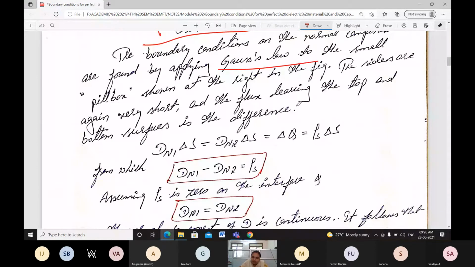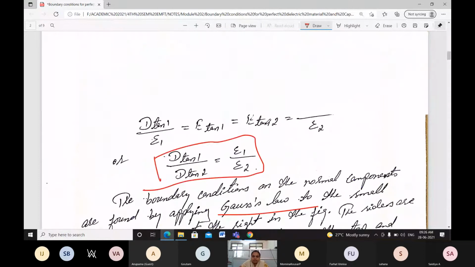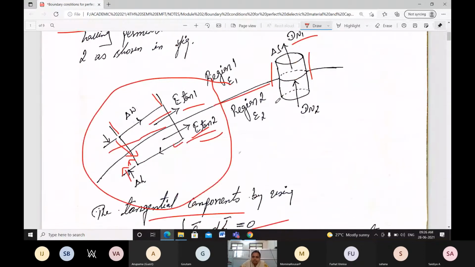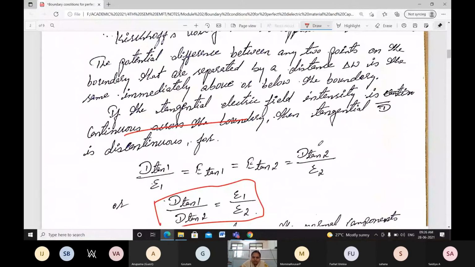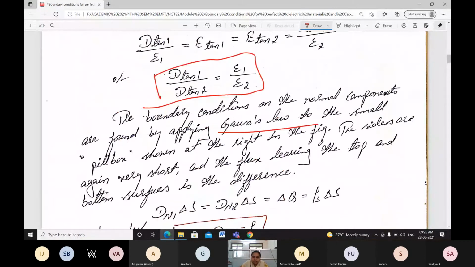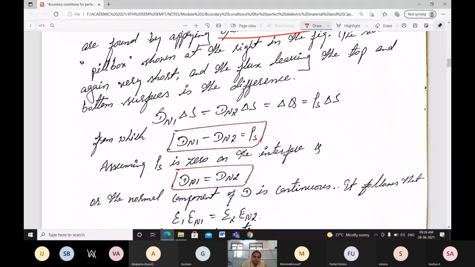Then the flux leaving the top and the bottom surface is the difference. It is leaving here, and here it is entering. Therefore the difference is going to be Dn1 with a normal. Previously we took it in terms of tangential, now it is for the normal case, that is for the flux density: Dn1 · ΔS minus Dn2 ΔS is going to be equal to